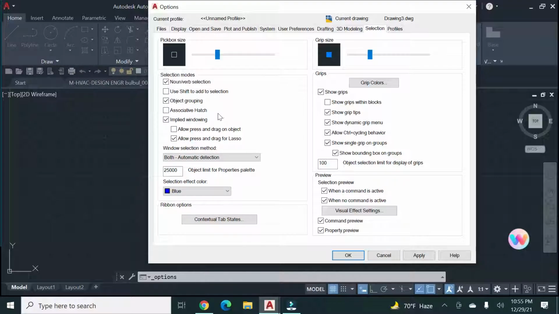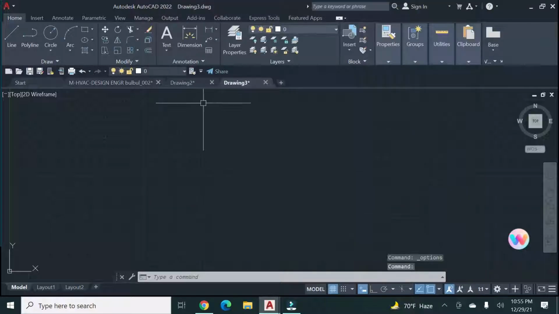Color you can also change here; many colors are available: red, blue, yellow, green, cyan. I selected blue, I like that color. Then click OK. We have set our pick box and crosshair size.